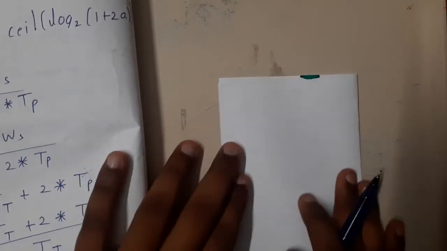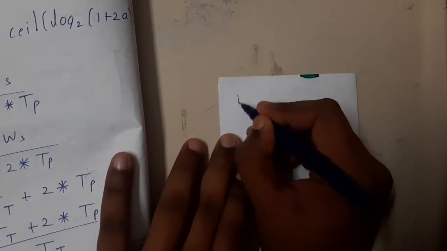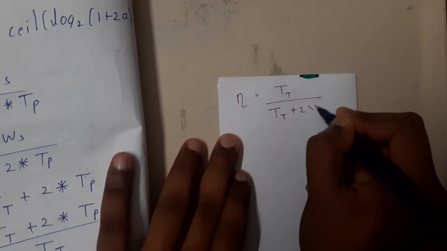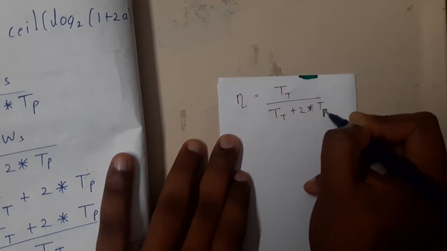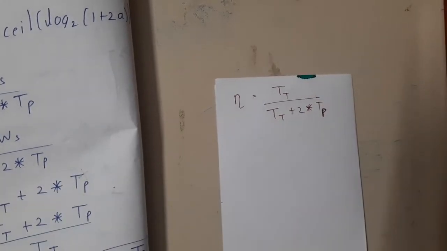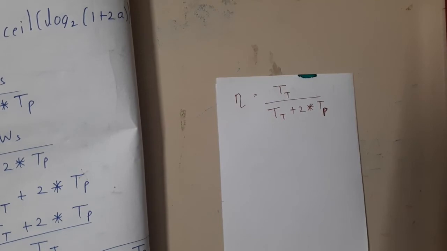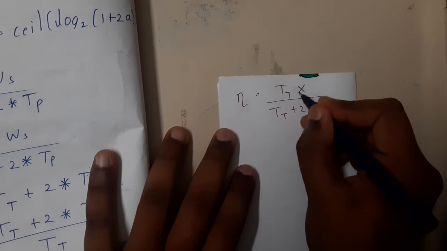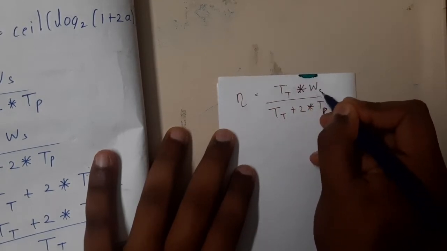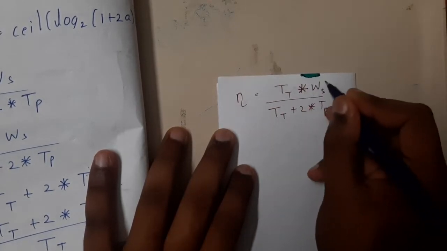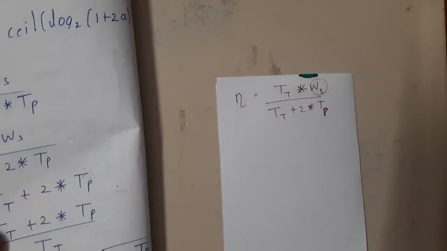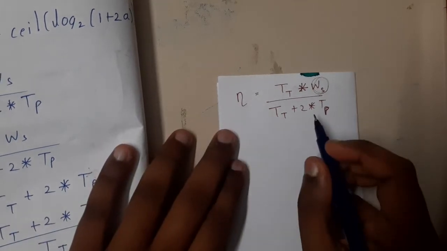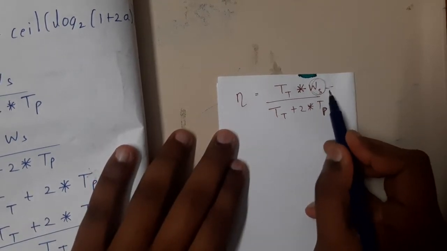What is the formula which we learned previously, guys? Efficiency is equal to TT by TT plus 2 into TP, right? But here, how many frames can we send? If you recall, we can send multiple frames at a time. We are not forced to send only one frame. So we multiply by the window size of the sender. How many frames the sender is sending will multiply with it. Got it? Okay. So here, let us assume that we want to find the best value